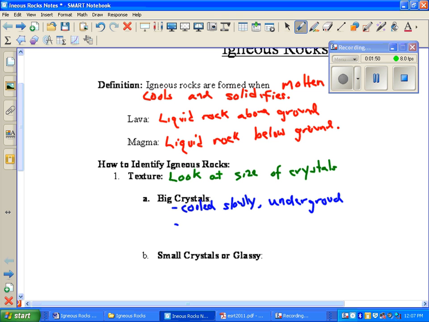One is intrusive. It's got the word in it because it's still in the ground, or plutonic. And that comes from the Greek god Pluto, the god of the underworld, so plutonic means the underworld or